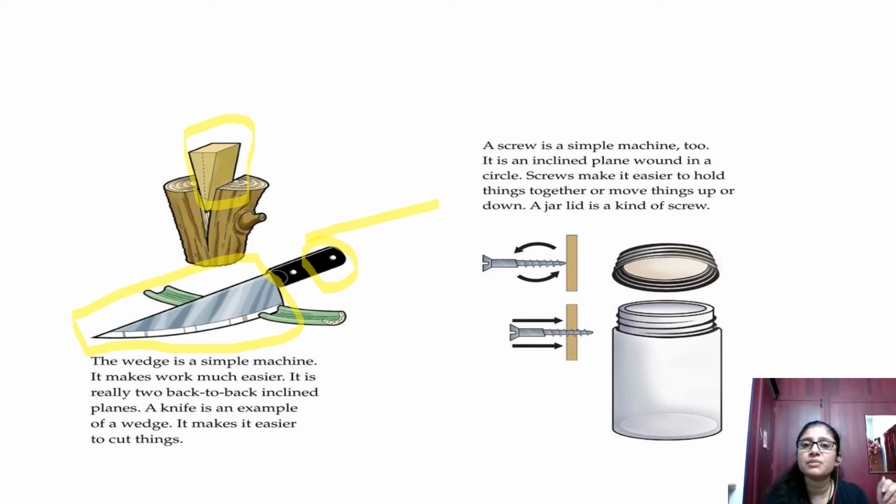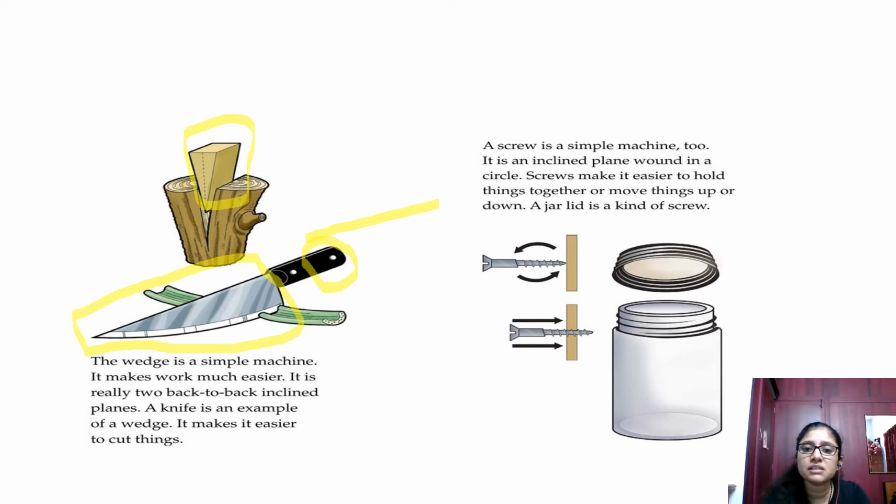The next simple machine is screw, and this is one of the simple machines which doesn't have any part, I would say, which is very easy. It's a machine that also makes our work easier. And what they say is they are comparing the screw with, again, an inclined plane. They are saying that even a wedge is coming from the inclined plane. The same way, screw is also an inclined plane. But what is the difference? It is wound in a circle.